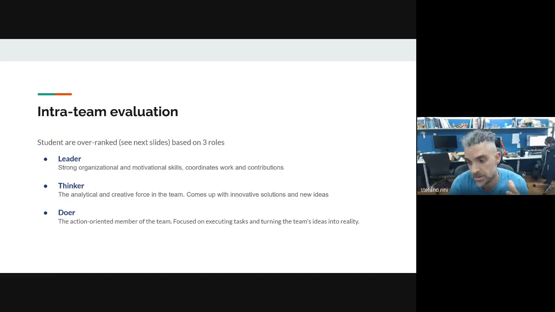Then there is the thinker, which is the one that steps back from the organizational skills and just sits down and tries to come up with new ideas, understand what is the theory behind a certain challenge. And then there is the doer, which is the guy that usually sits down and writes all the Python code, right? So he's the crazy guy that is there with Visual Studio Code and Copilot and a set of headsets and 3 Cokes, and he's just coding away, right? So we're going to ask you to score people on these 3 roles and tell us what is the percentage of effort that they do.